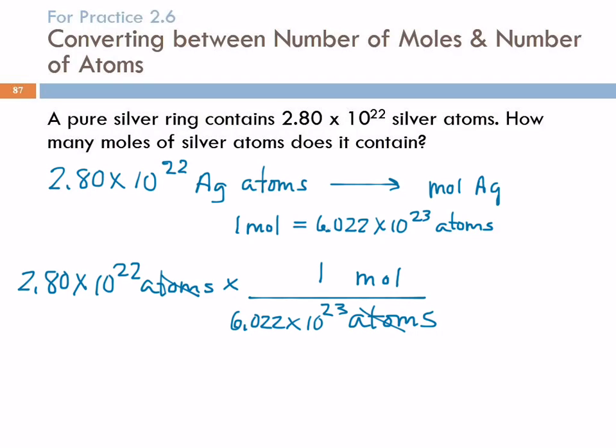Now we need to do this on our calculators, and this is why you have to have a scientific calculator and you have to understand scientific notation, because I've never seen a pocket calculator that will let you put in Avogadro's number in decimal form. And who would want to count the number of zeros anyway? So get your calculator out and make sure that you're getting the right number with me, and if you're not, then during lab I will talk to your calculator and straighten it out for you. So what I'm doing is 2.80 EE22 divided by 6.022 EE23, and I'm coming up with 0.0464